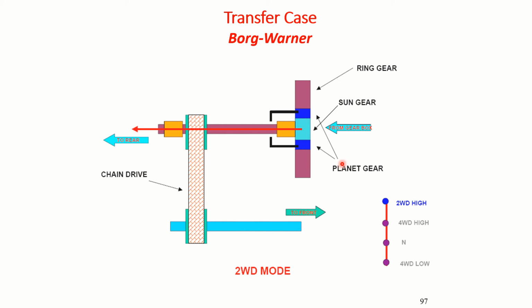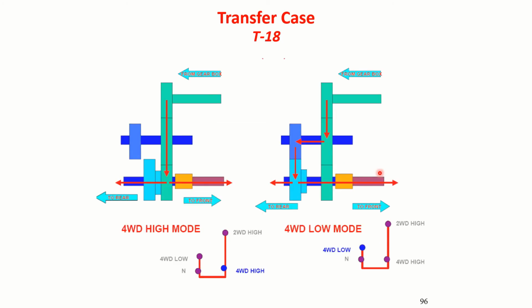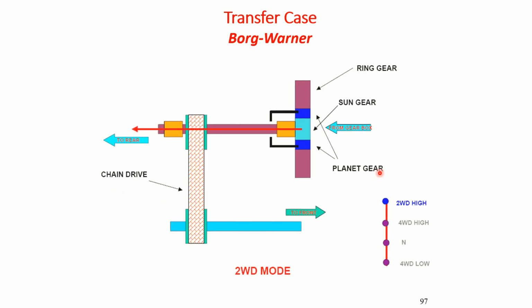Borg-Warner. As I mentioned here, we are getting planetary gear, using planetary gear mechanism. Here it is mostly, it is sliding mesh type. So again you can very clearly see that here you have the transmission, let us say a gearbox. The gearbox output shaft will drive this sun gear.